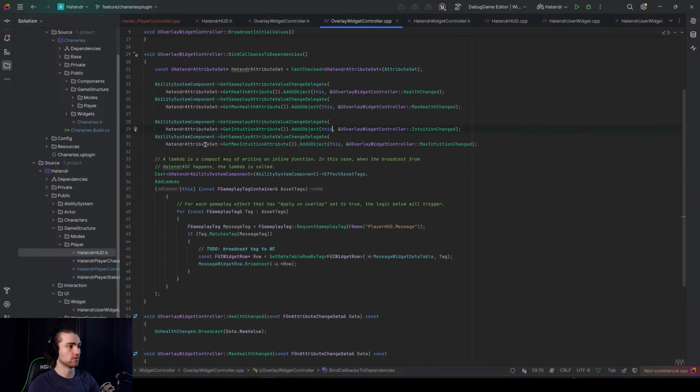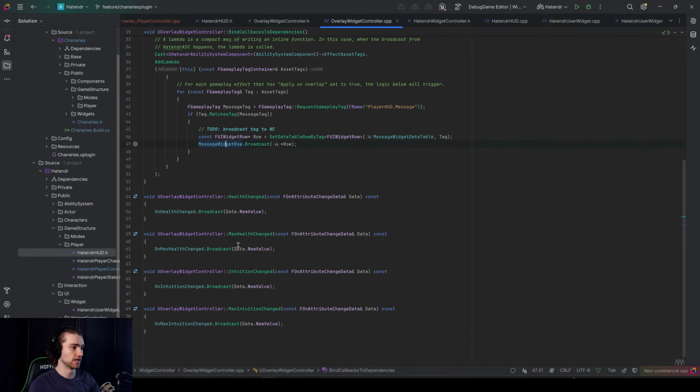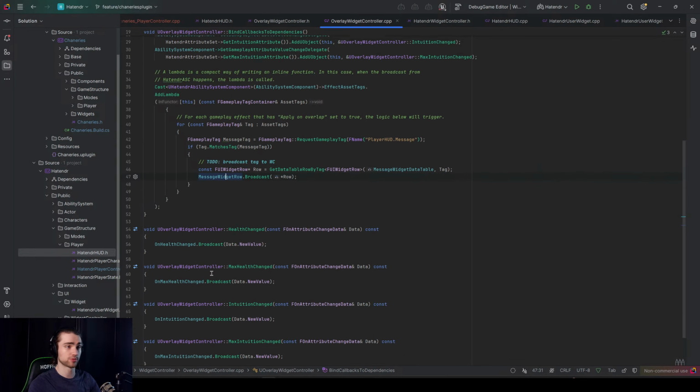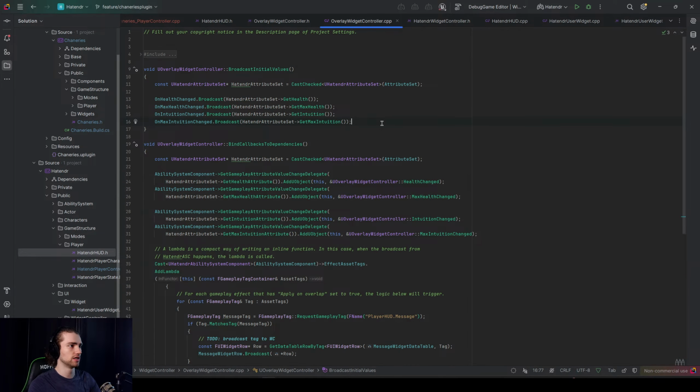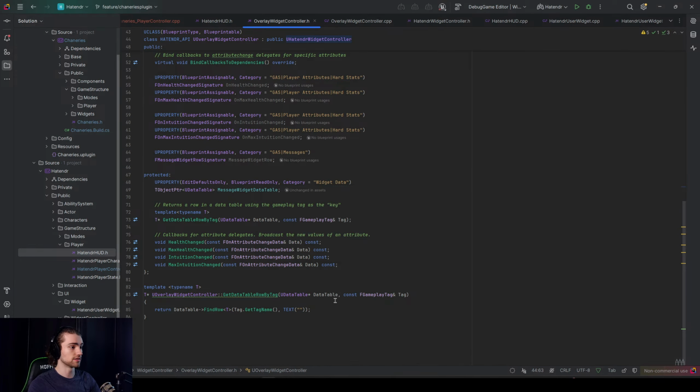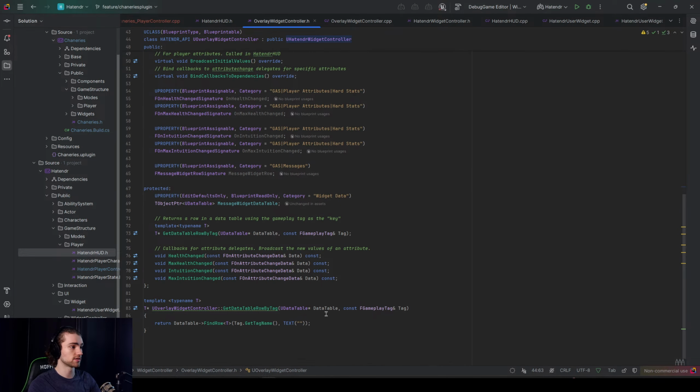And what else are we doing here? We're broadcasting the message widget row, which is going to be for little pop-ups when you pick up an item. Optionally, I don't think I'll actually have that. We broadcast initial values,